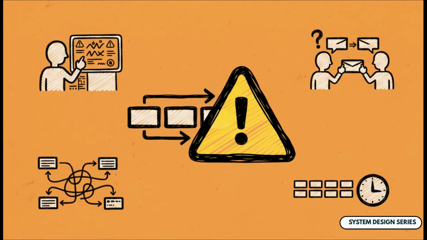But, and this is a big but, message queues are not a silver bullet. You're adding another piece of infrastructure you have to manage and monitor. You have to design your consumers to handle duplicates. Debugging a request that hops between 5 different async services can get really tricky. And finally, you're buying into eventual consistency, which means things will be correct eventually. For things that need to be updated instantly and transactionally, a queue might not be the right move.